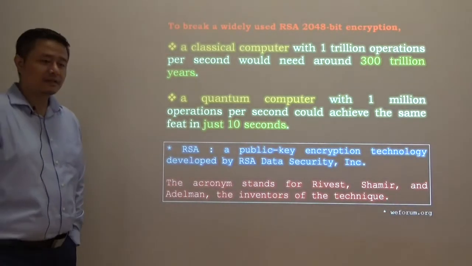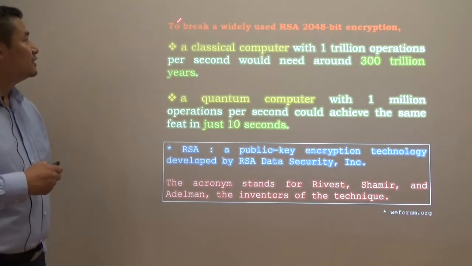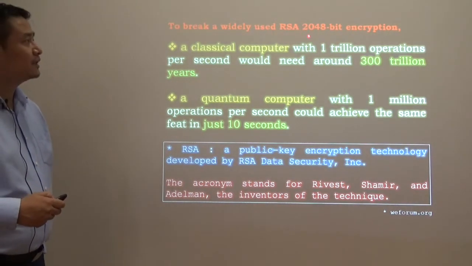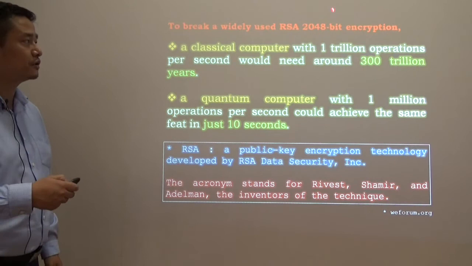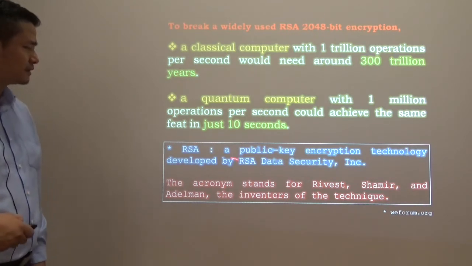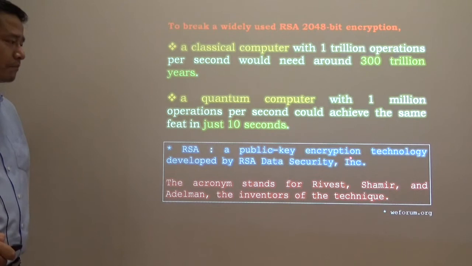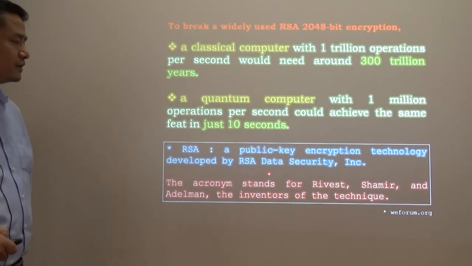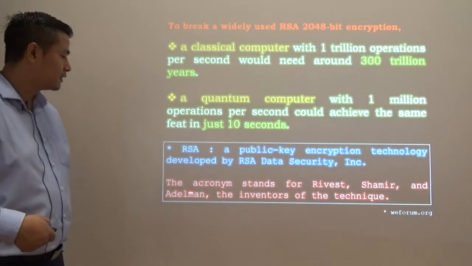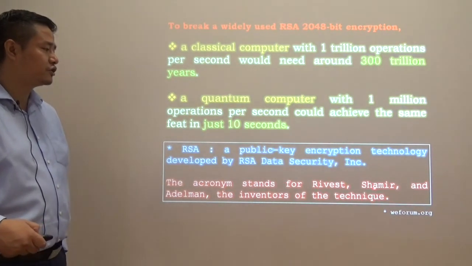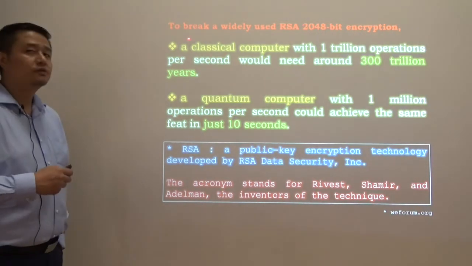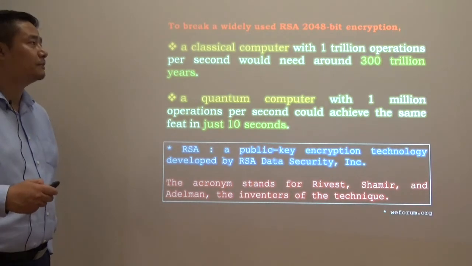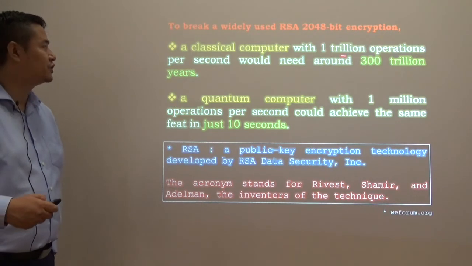So, let us compare more about breaking a widely used RSA 2048-bit encryption, which is of the size 2048. RSA is a public key encryption technology developed by RSA Data Security Incorporation. The acronym RSA stands for Rivest, Shamir and Adleman, the inventors of the technique. So to break an RSA 2048-bit encryption, a classical computer with 1 trillion operations per second,